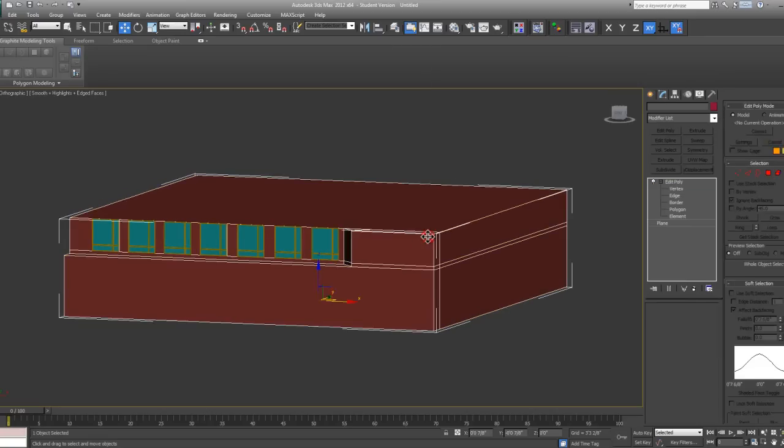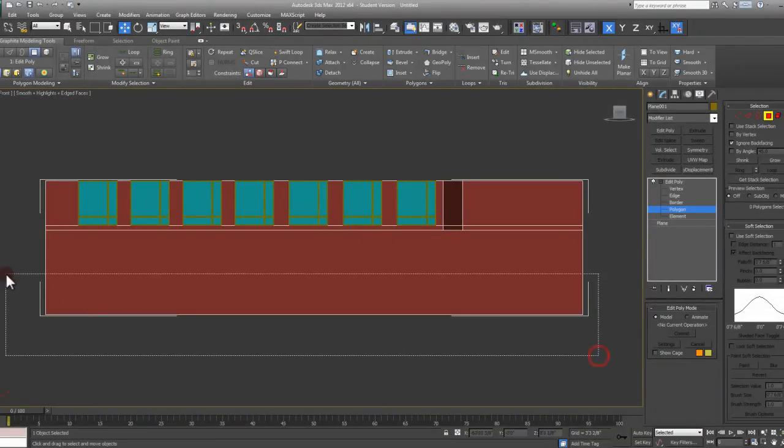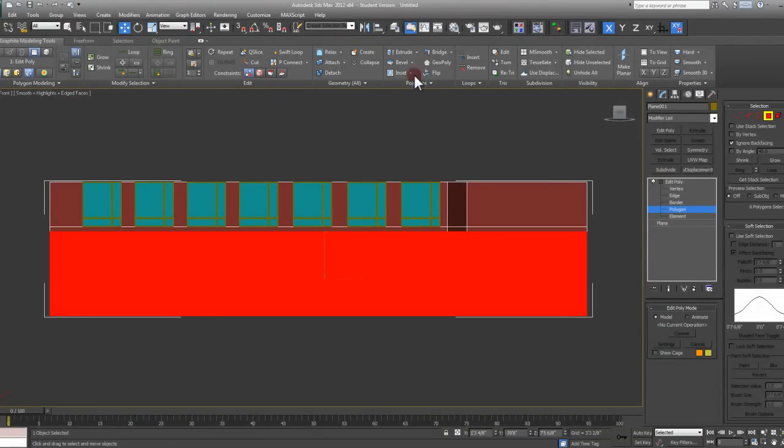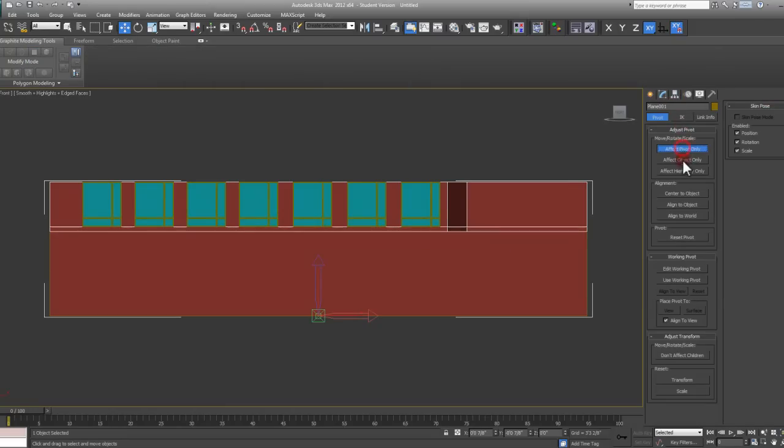The next thing I could do is focus on that drum area, and before I do that, I actually just want to come in here. What I'm going to do is come into my front view. I'm going to grab this bottom floor, and I'm just going to detach this off as its own object. Then I'm going to come in and reset my pivot, center it to